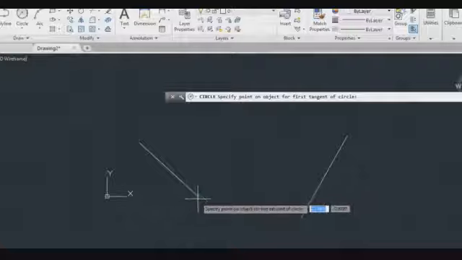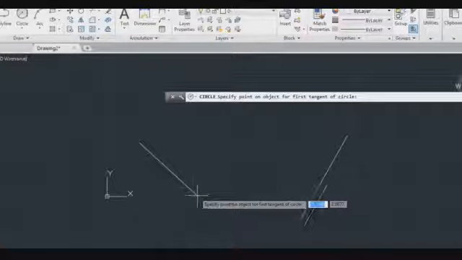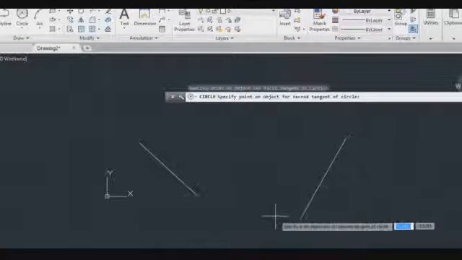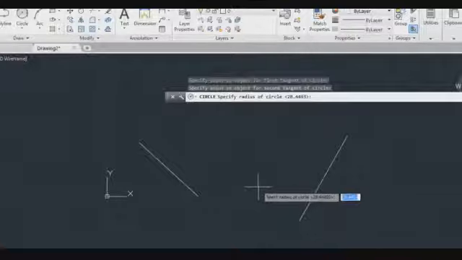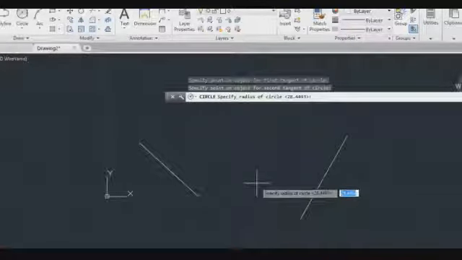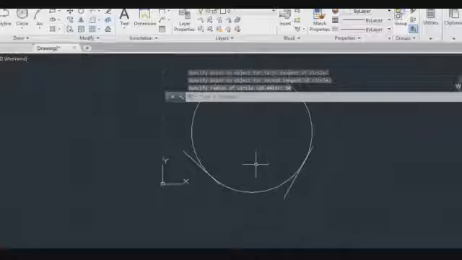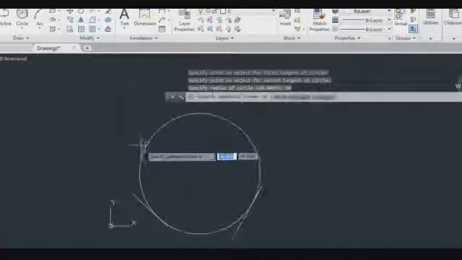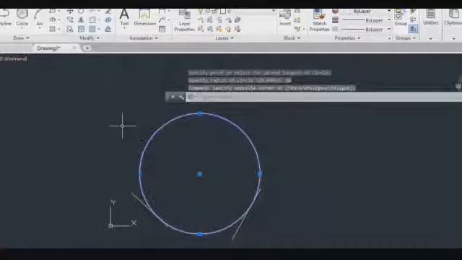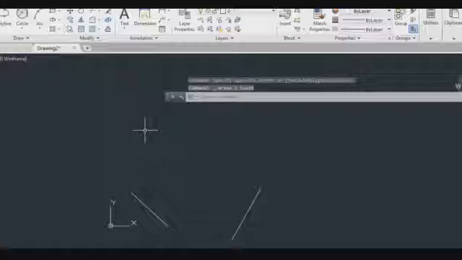Tangent: first element, second element. Next we will give the radius, 30. Now we can create a circle using tangent radius like this. Two elements for tangential and the third option is radius.